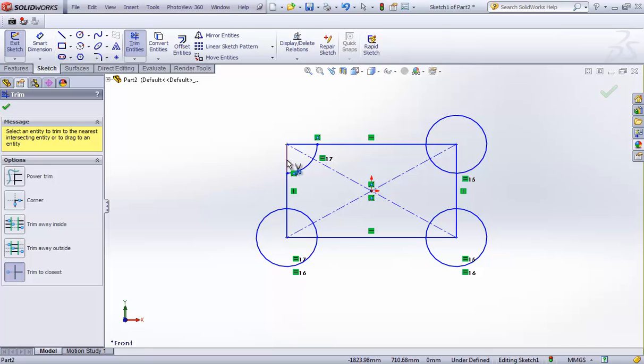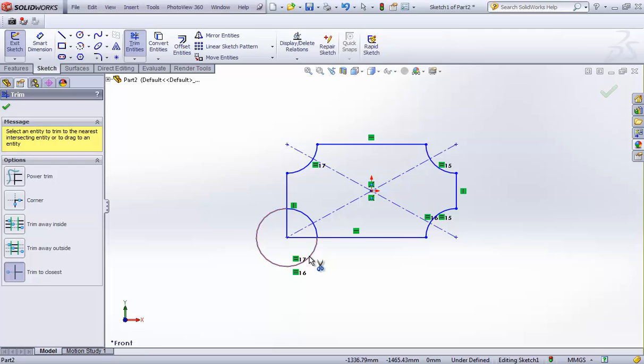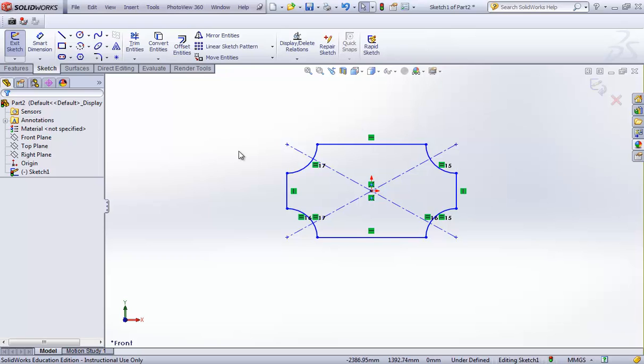I can delete that bit of line, I can delete that bit of line, I can leave the construction because they don't really bother me. I can delete the circle there, these lines, like so. So basically normal click, confirm, and that gives us a body to work with. If you want, we can extrude that out. Let's just see how